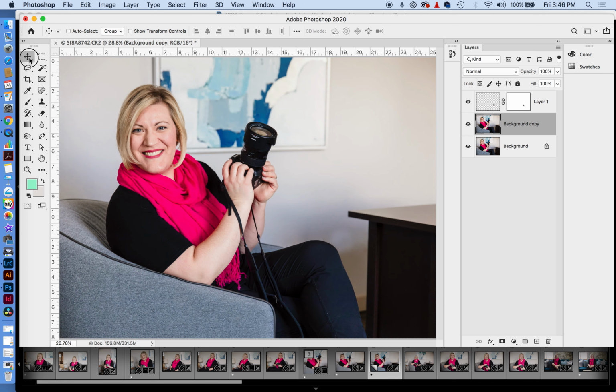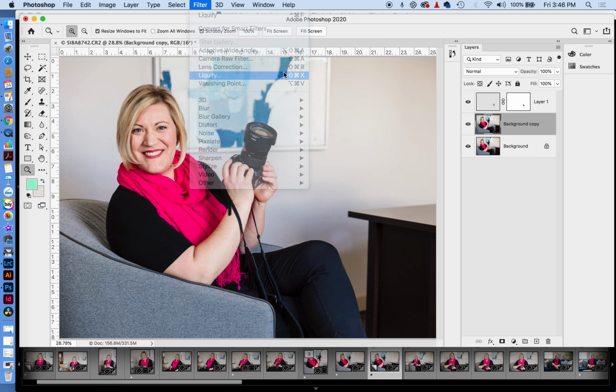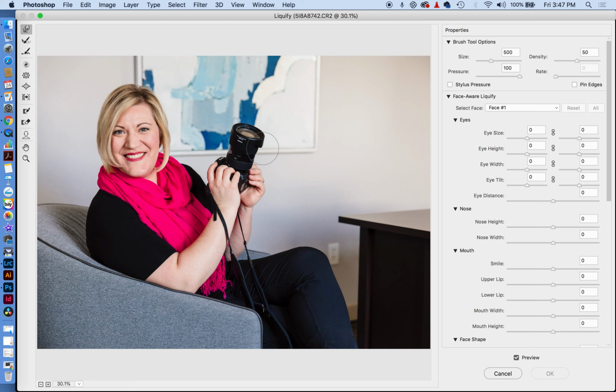So that looks pretty good. Sometimes, especially with women, I know a lot of times they're unhappy with certain things going on with their face or their body shape, and we'll just change it. I want you to be happy and love your pictures, so we just fix it in Photoshop. Arms are often a sticking point for a lot of women. I try to pose you in a way that's most flattering,